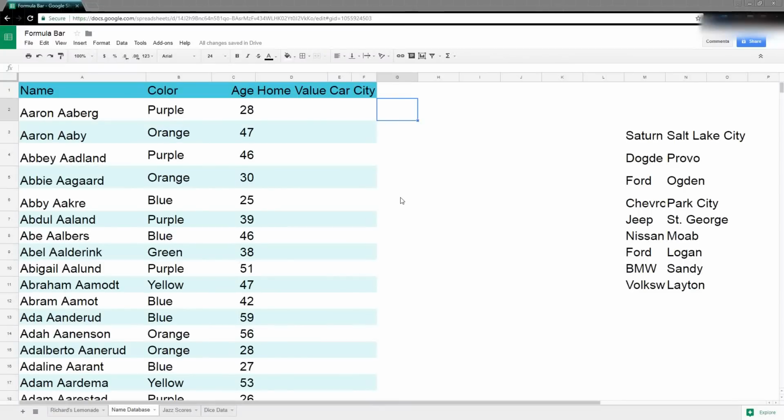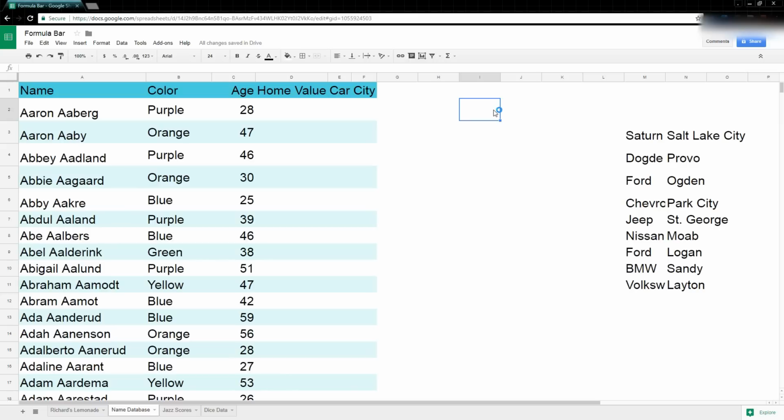Two functions that I use often are the RAND and the RANDBETWEEN functions. First I'll show you how these functions work using the RAND function, and then I'll show you some practical examples using RANDBETWEEN. So first, the RAND function: if I type equals R-A-N-D, and I do open and close parentheses,